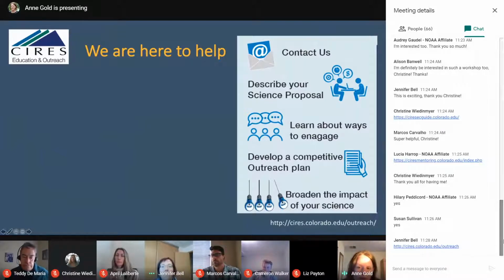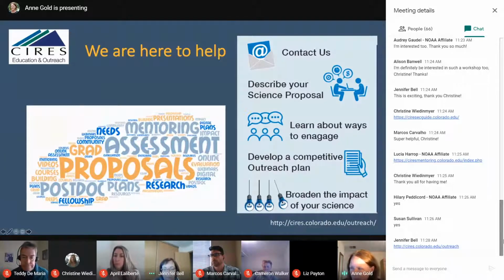If there's a budget associated with the plans, we can do that in collaboration with the proposal team, of course, and hope that that's all going to help to broaden your impact. So there's lots of different things we can do, from proposal writing, fellowship, needs assessment, evaluation work. Just come talk to us.